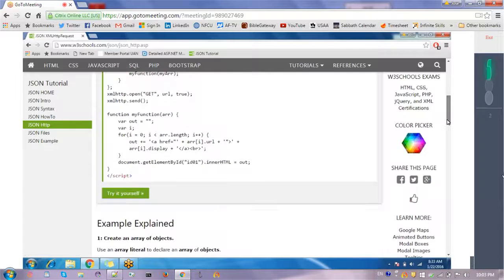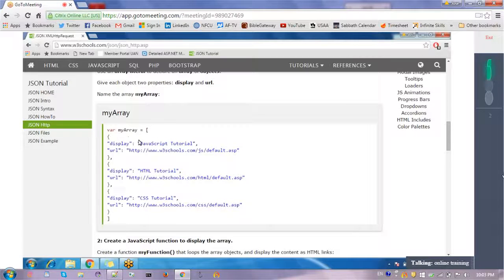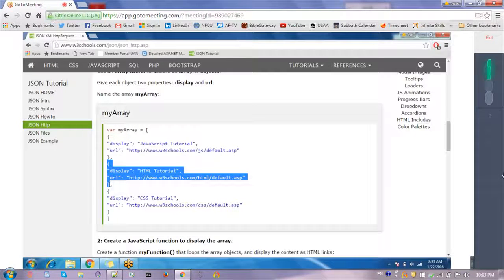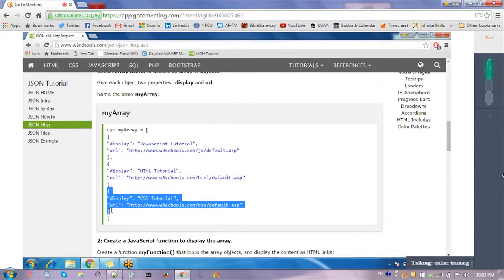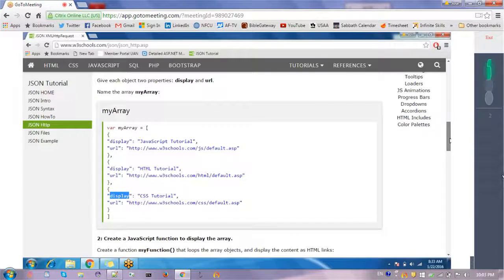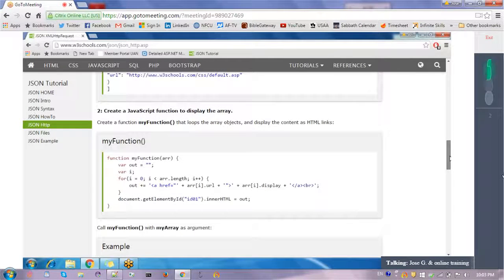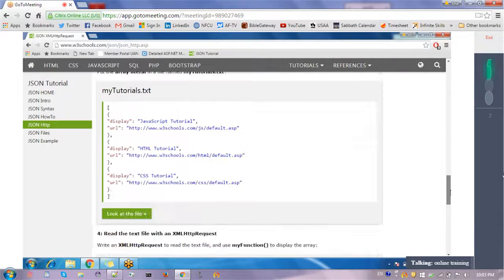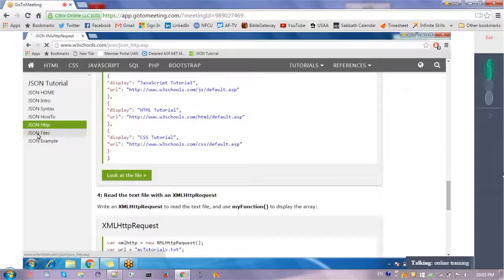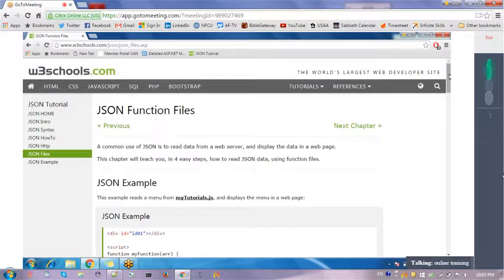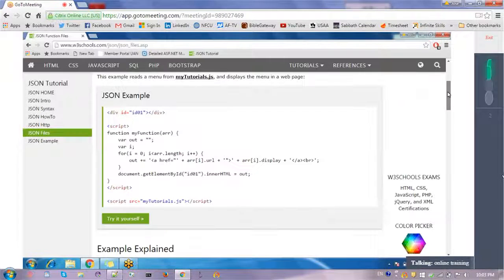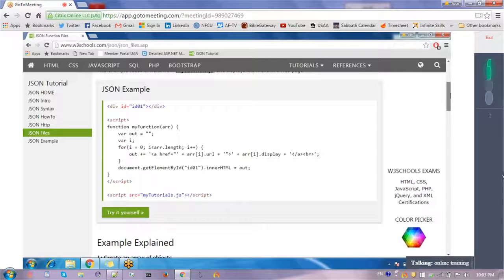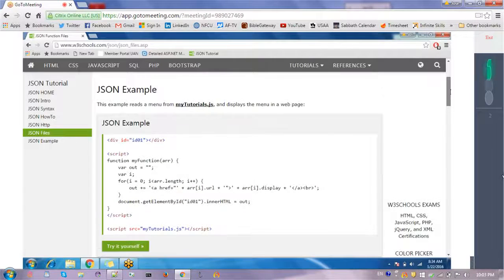Okay. Here you can see that this is a kind of array again, which is containing 3 items, 1 item, 2 item, and this is the third item, and containing the data in key and value pairs. So this is a kind of representation of the data in JSON format. You can also create a JSON file, and there you can put your JSON data, and you can load that JSON file and process that data.